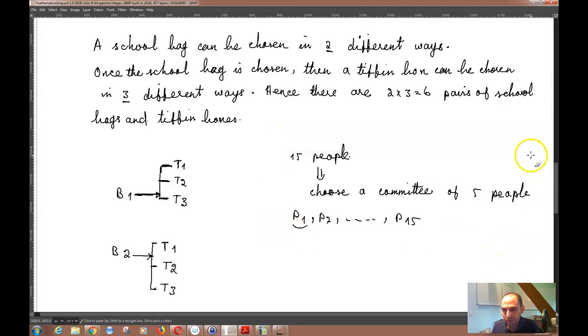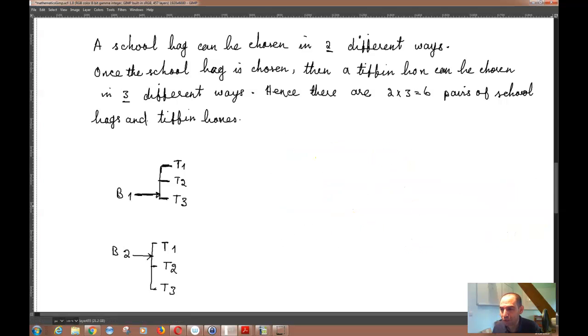So this is the typical problem that you solve in combination and permutation. Of course, it's good to be able to do that. But the very foundation of combination and permutation is just about counting. And once we get to the end of this chapter, you will hopefully be able to count properly. So now you have chosen your tiffin boxes and your school bags, and after that we have